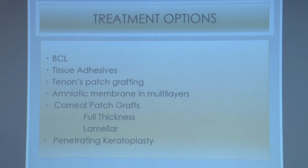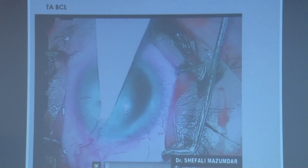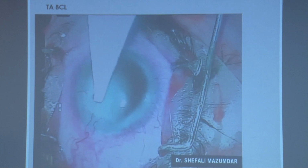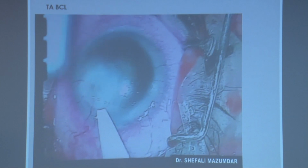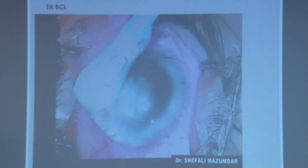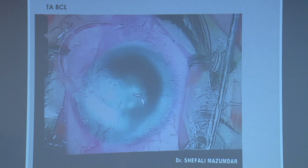So we have various treatment options to deal with these cases. Number one, let's go with TABCL in 1 millimeter of perforation. Two things we should always remember. First, we should denude the epithelium because cyanoacrylate won't stick to epithelium. And second, we should dry the surface because we want slow solidification of the glue. Then just a tiny drop of cyanoacrylate will do, and then let it dry